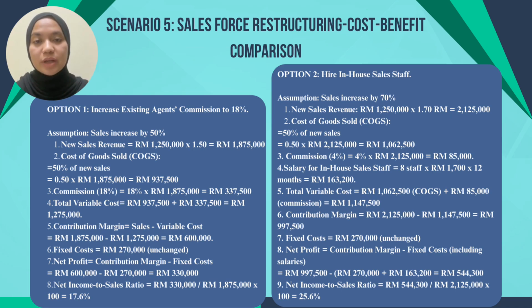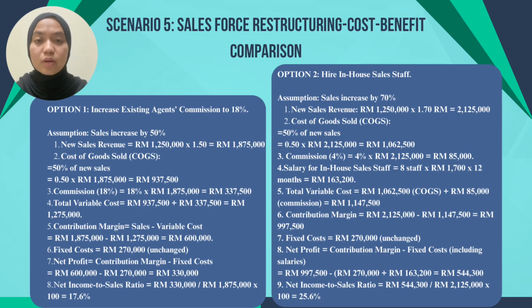This will raise the projected sales revenue to 1,875,000 ringgit. With the cost of goods sold at 50%, that amounts to 937,500 ringgit, and the new commission cost becomes 337,500 ringgit. This brings the total variable cost to 1,275,000 ringgit. And after deducting fixed cost of 270,000 ringgit, the net profit is 330,000 ringgit. This results in a net income to sales ratio of